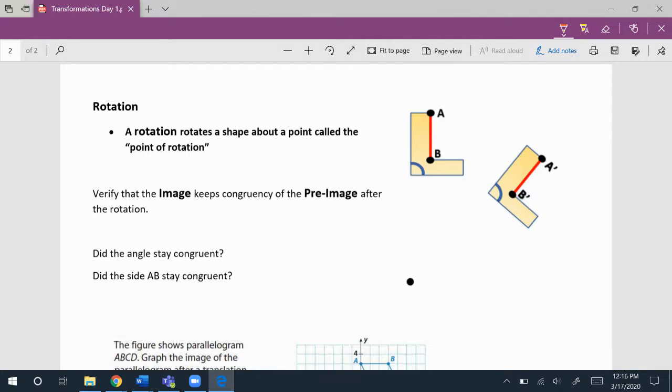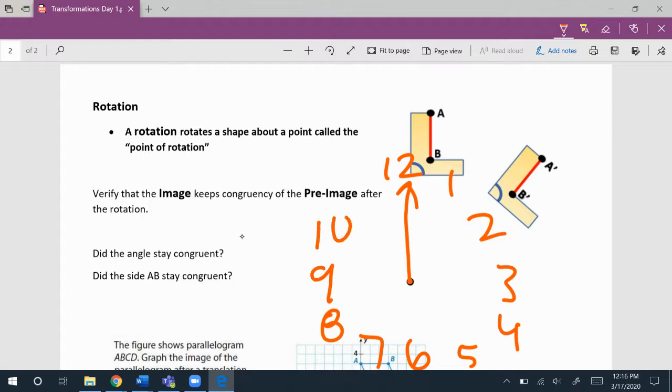A rotation rotates a shape about a point called the point of rotation. So I want you to imagine here, you don't need to draw this, but if you just look at this, 2, 3, 4, 5, 6, 7, 8. Can you tell what I'm drawing? I hope that kind of looks like a clock. Okay, imagine we've got a clock, and imagine that this shape is attached to the end of the second hand of the clock. A rotation comes from this point of rotation right here, this center of rotation,